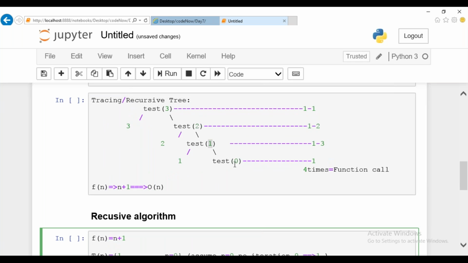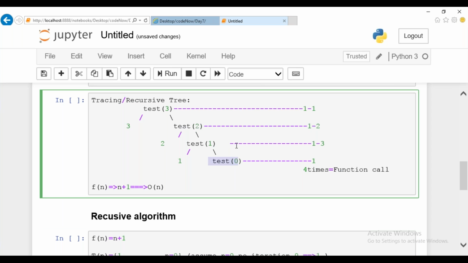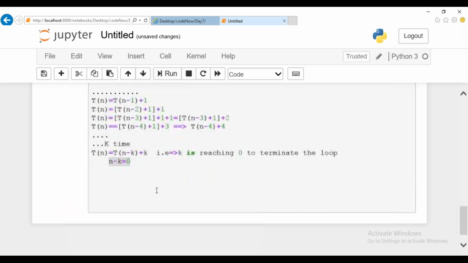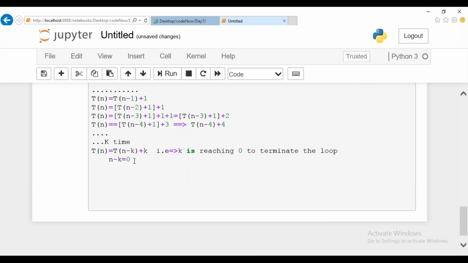We can notice that at the last iteration, the given number 3 minus the particular iteration gives you 0. 3 minus 3, 3 minus the third iteration. First iteration, second iteration, third iteration. 3 minus the third iteration is going to produce you 0. So I can assume that n minus k will give you value 0.